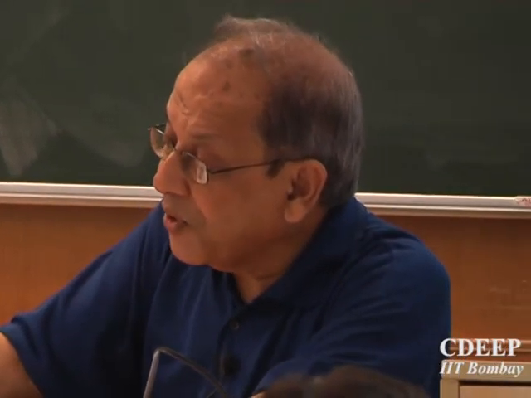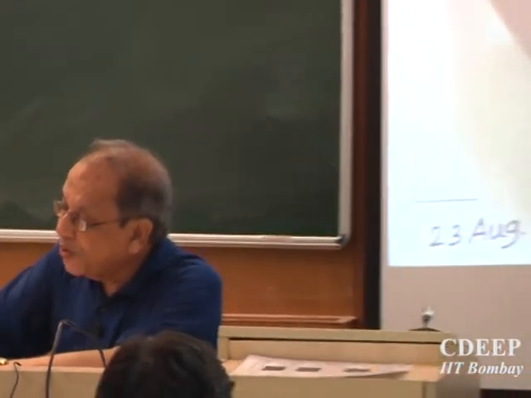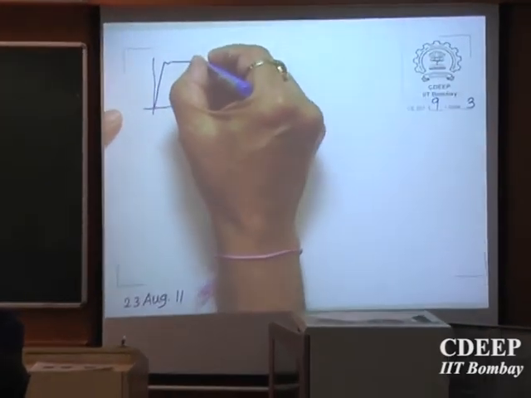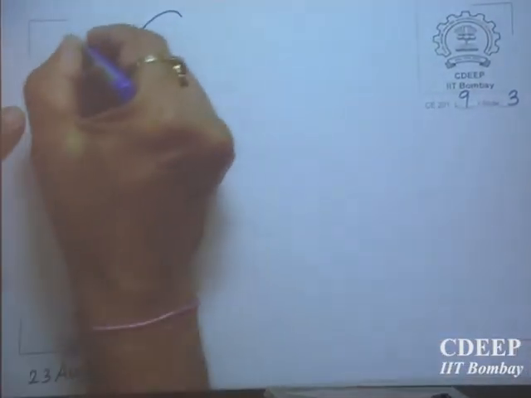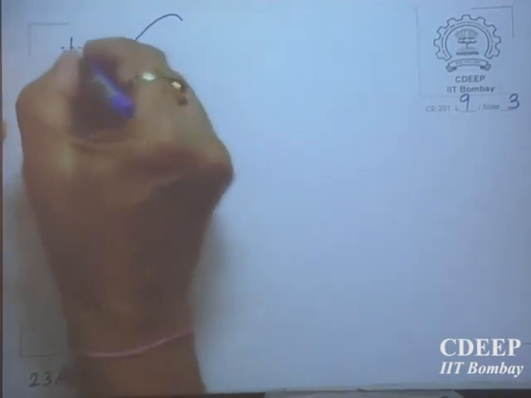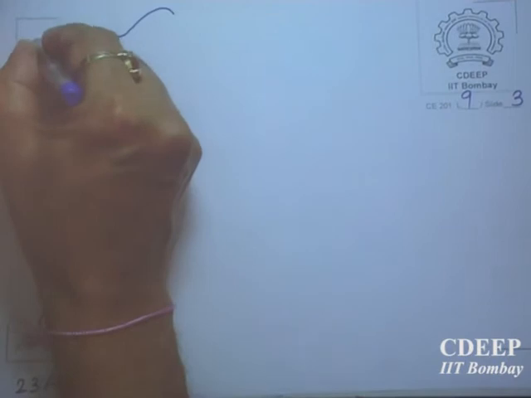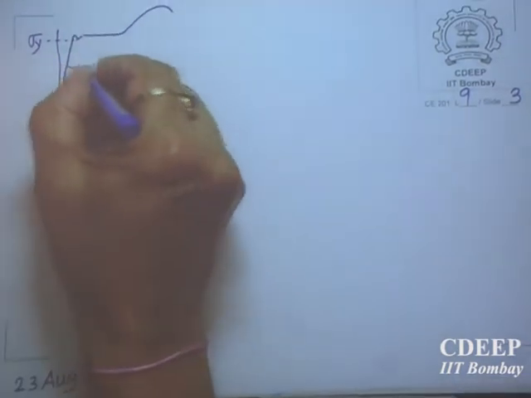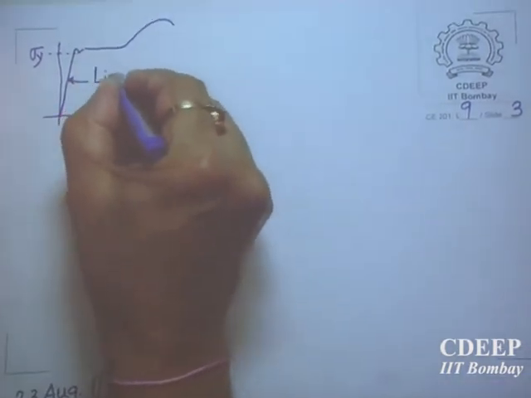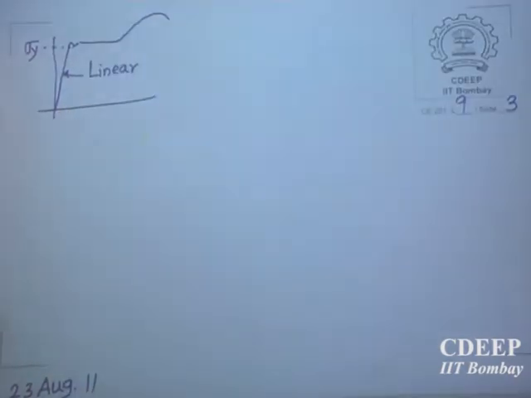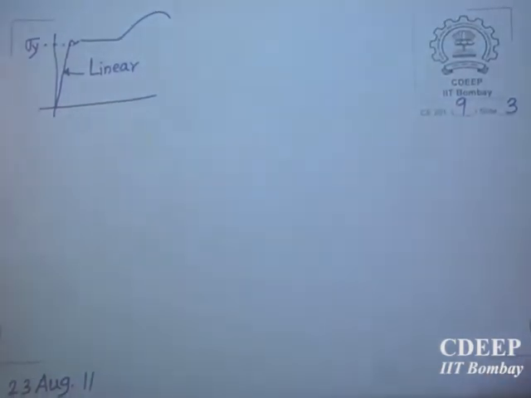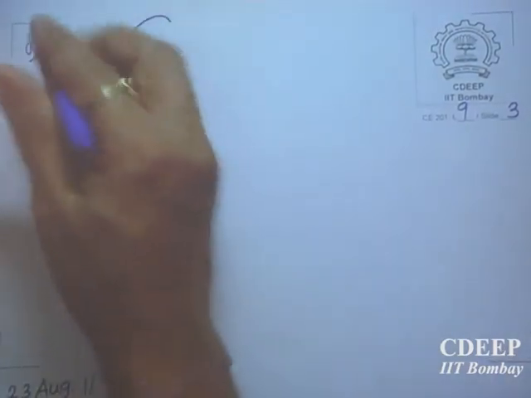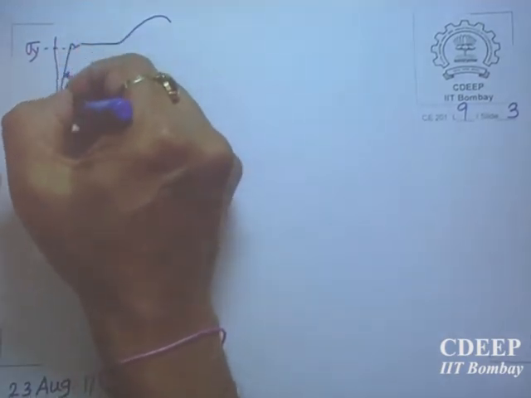So I have, first of all, superposition will hold good provided you are within this. If it is steel, so your stress in the body should never exceed yield point. This is your sigma y, yield. So you should always be in this zone, linear. This is called linear. Plasticity has not started, permanent deformation has not. See, if you unload here, it will follow the same path.